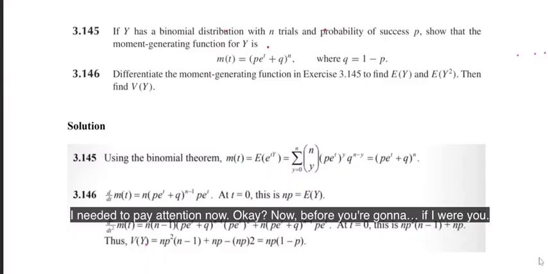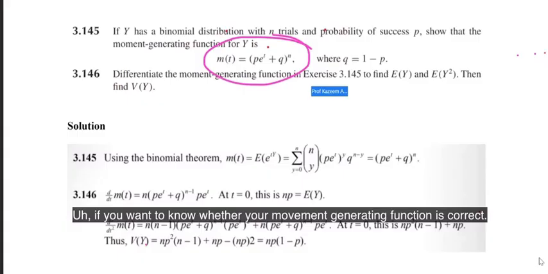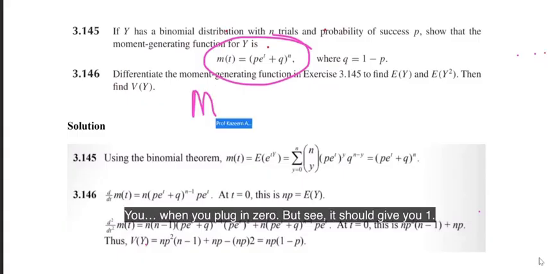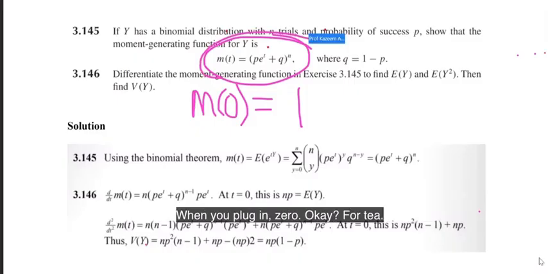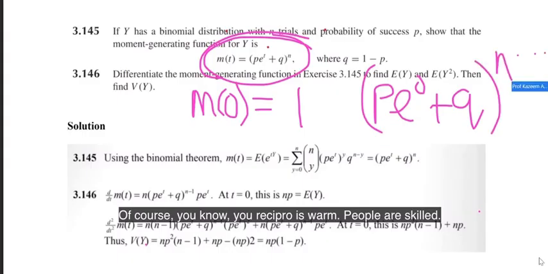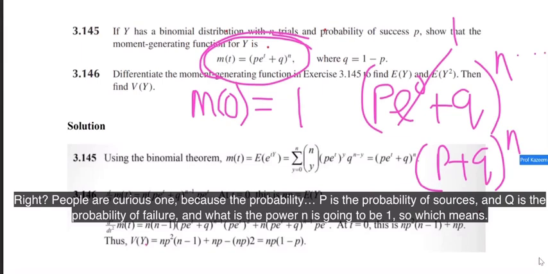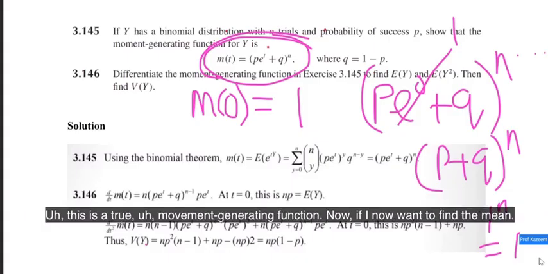Now, if you want to know whether your moment generating function is correct, when you plug in 0 for t, it should give you 1. Okay. When you plug in 0 for t, it should give you 1. And of course, if you take a look at this one now, when you plug in 0 for t, e raised to power 0 is 1, and p plus q is 1, because p is the probability of success and q is the probability of failure, and 1 raised to power n is going to be 1. So which means this is a